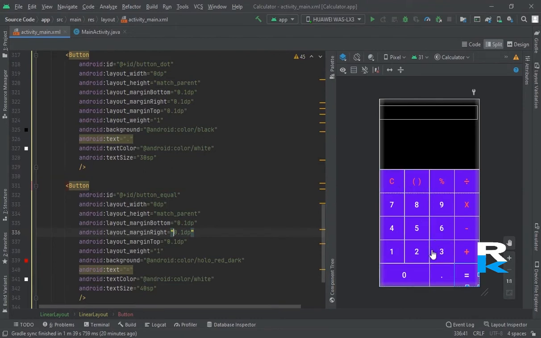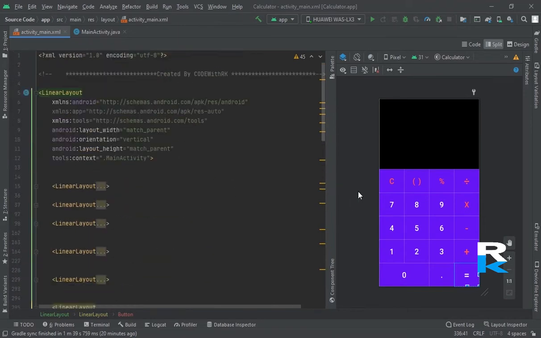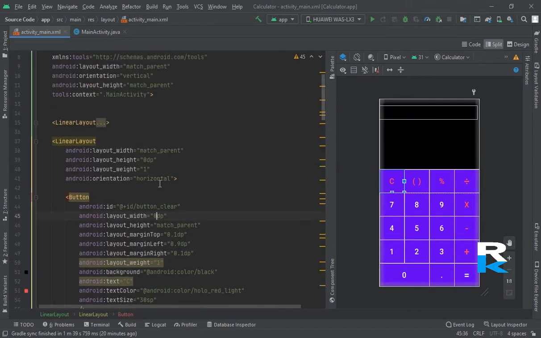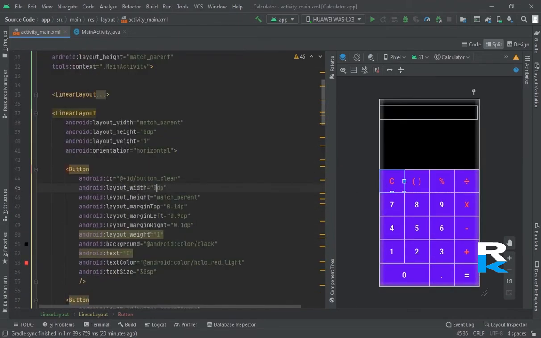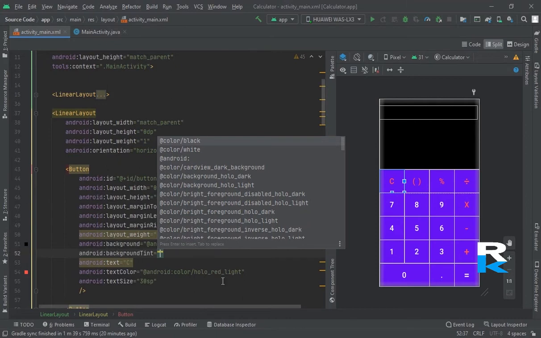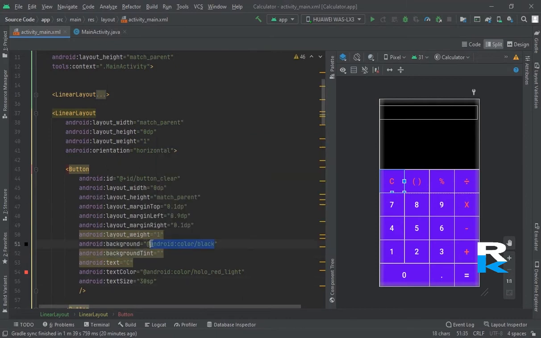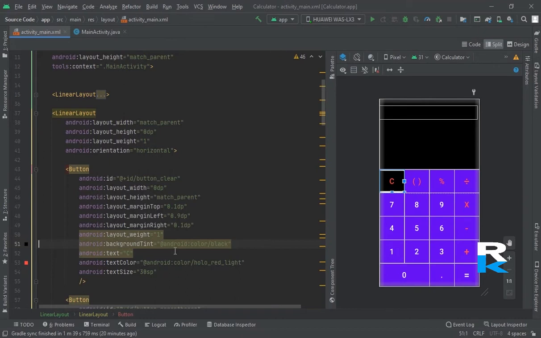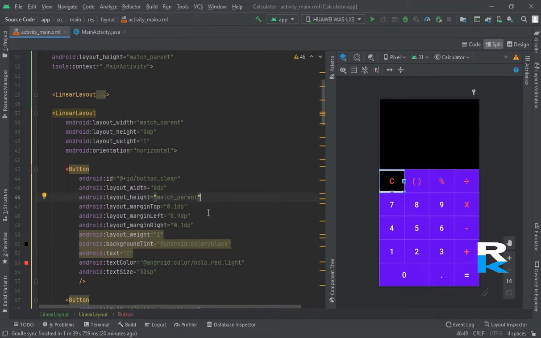Now let me change the color for these buttons. So let's start from the first one, this clear button. So below this, the background tint, just copy this and paste it here and remove this, fine. Now look, it's black and it's showing the same as I have shown in the intro.